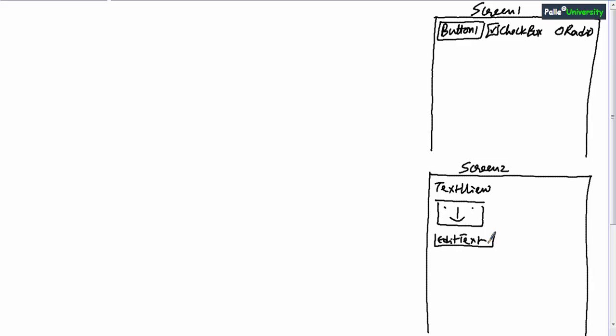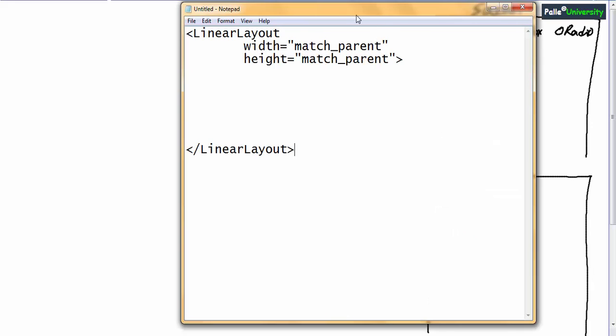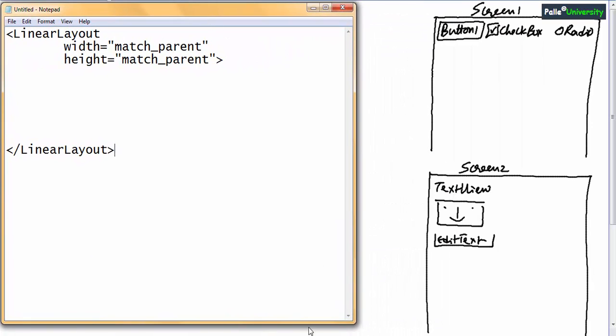So obviously, for designing the first screen we should take horizontal linear layout. For designing the second screen we should take vertical linear layout. Let me show you the code, how exactly it looks. For the first screen design, the code will look like this roughly.